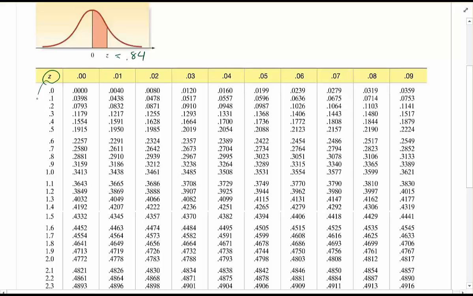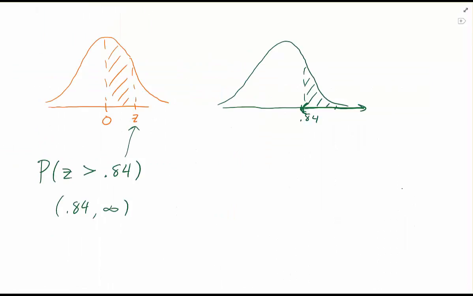That'll be down to row 0.8. 0.84 is 0.8 plus 0.04. So going to column 0.04, we move along and find the value 0.2995. So from the center out to z,